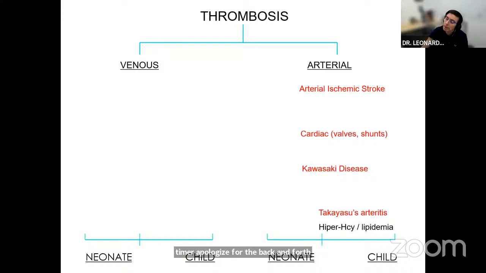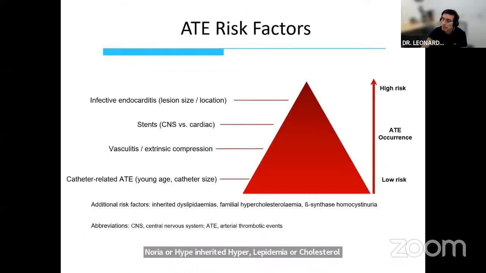So endovascular thrombectomies, and finally, individuals with Takayasu's arteritis or beta synthase homocystinuria or inherited hyperlipidemia or cholesterolemia, who may eventually evolve with arterial occlusions. And this is the final review using the same triangle or pyramid example of low and high risk of arterial event development and or